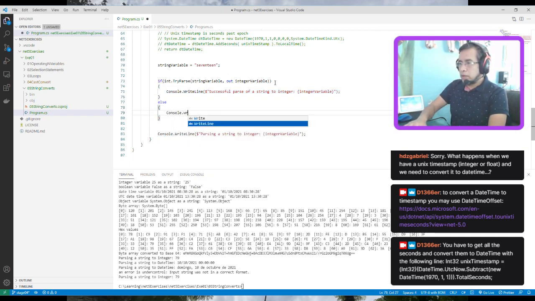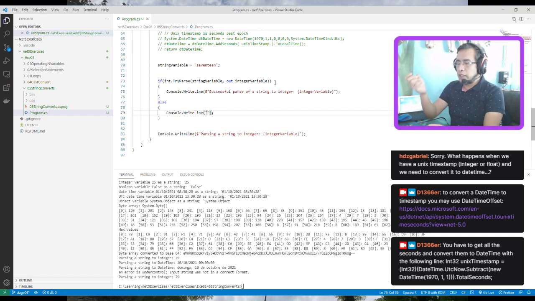Console.WriteLine, where I'm going to say the value, the string variable, is not a valid integer. Okay,